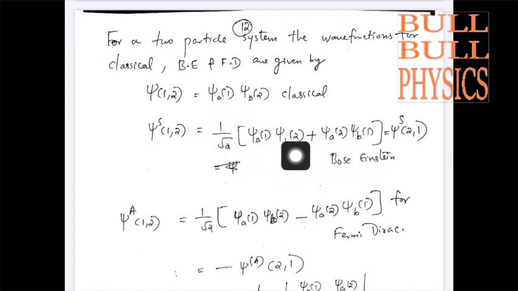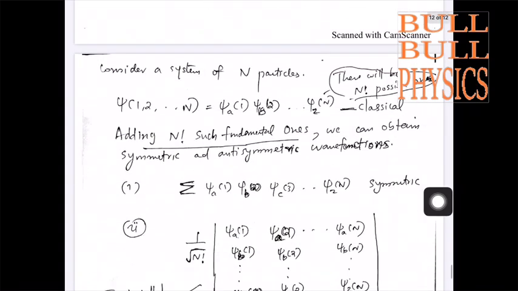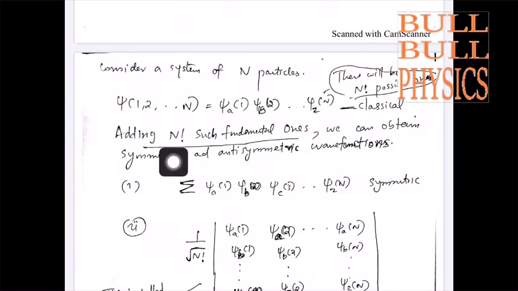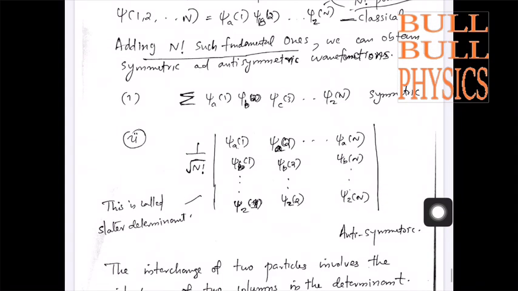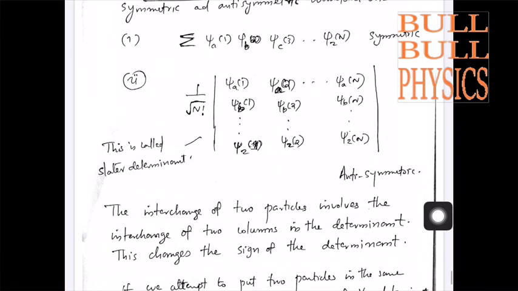So by adding N factorial such fundamental wave functions, we have the symmetric wave function, which is for the Bose-Einstein particles, or the bosons. The antisymmetric wave function is obtained by the Slater determinant, with 1 by root N factorial, because there are N factorial fundamental ones,